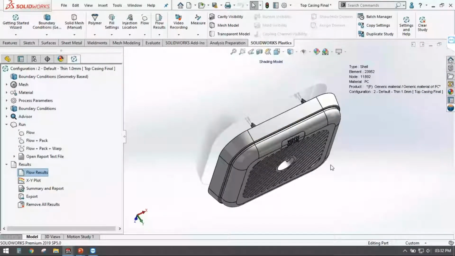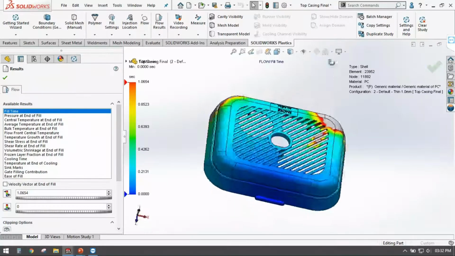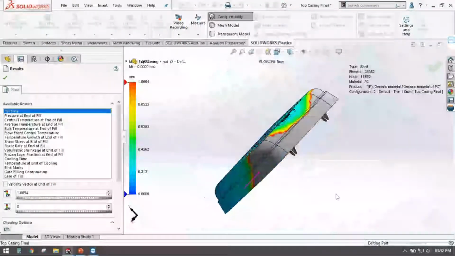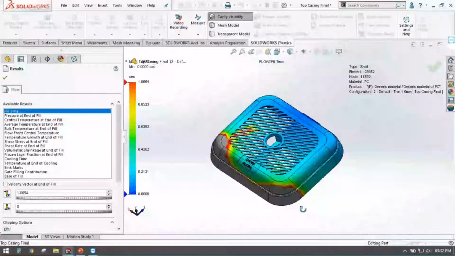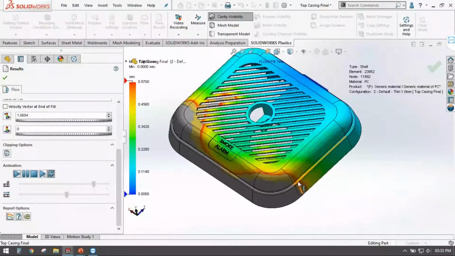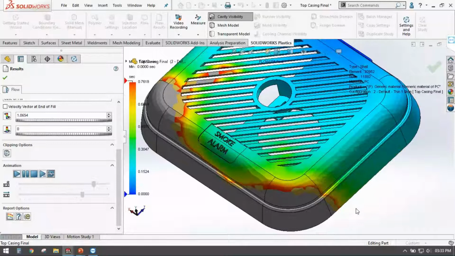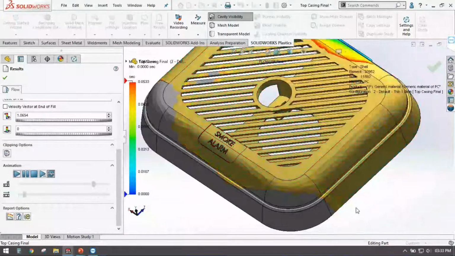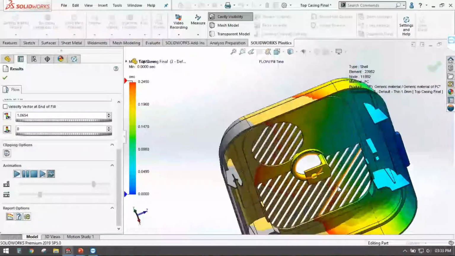Now let me highlight the results for you. Correct. So these are my results, in which we can see that the part is not getting completely filled. There is a short shot occurring over here, right? So there may be various reasons.